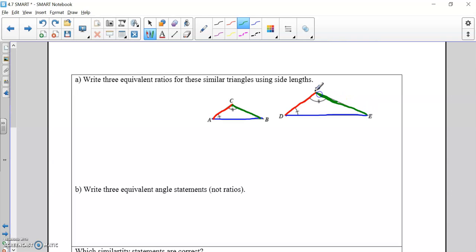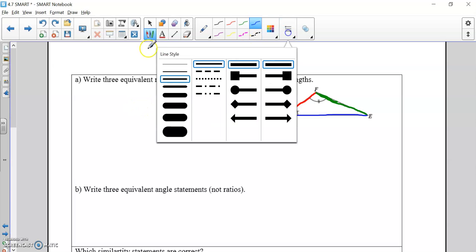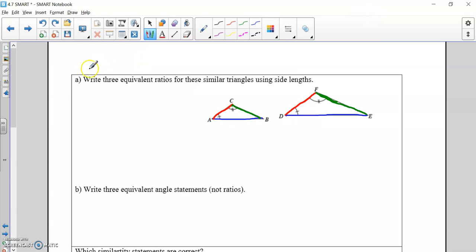Right? Because these are similar triangles, we know all the ratios are going to be equal. We don't have any numbers, but we just know that this is going to be true if we did have numbers. So it doesn't matter which ratio you start with, and it doesn't really matter which one you put on the top either. Again, I just like to put the bigger one on the top. So we know that ED